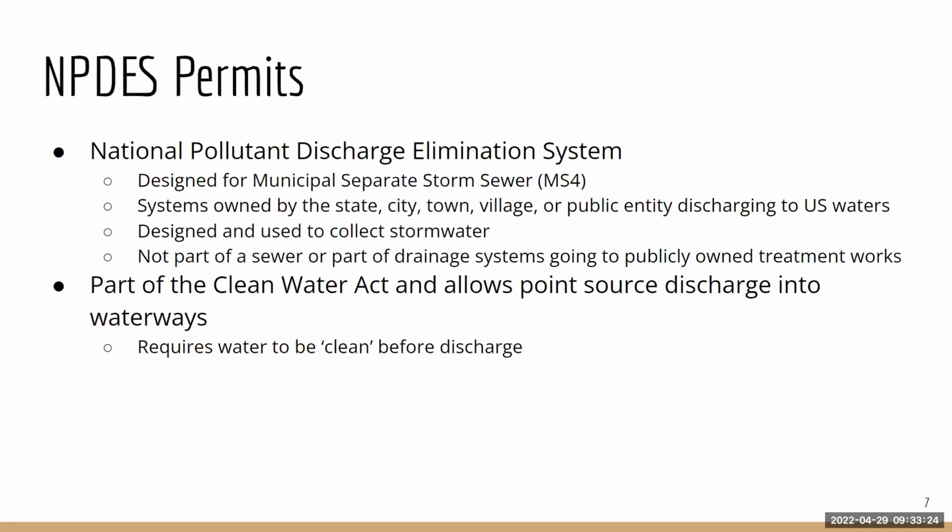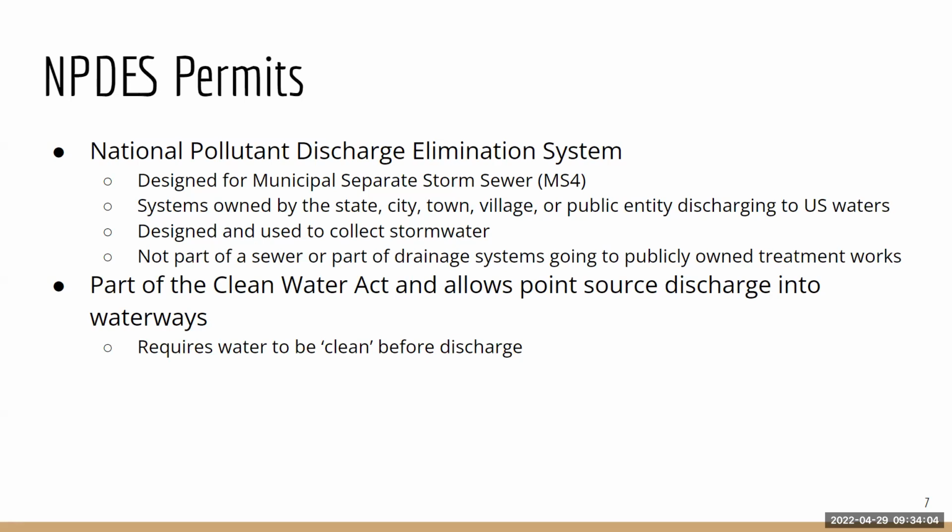Next, looking into permits needed to complete this project. The first one is the National Pollutant Discharge Elimination System. This is designed for MS4, which is municipal separate storm sewers. These systems are owned by the state, city, town, village, or public entity discharging into U.S. waters, and they're designed and used to collect stormwater, but they are not part of a sewer or drainage system going into a publicly owned treatment work. This part of the Clean Water Act allows point source discharge into waterways. So we want to make sure the water that we're pumping out is clean and not going to harm the